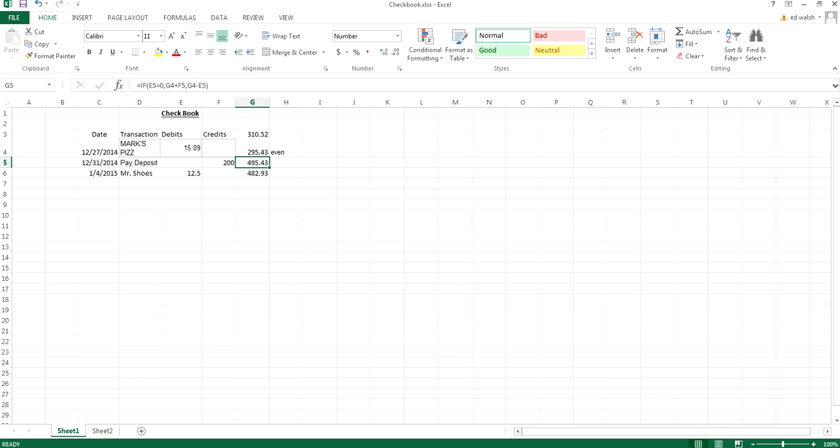So let me just go through that. For example, here we got a deposit of 200, so we added it to the 295.43 here, and we get 495.43. We have a debit here of $12.50, so it's subtracted from 495.43 to get you to 482.93. Let's add another transaction. We'll say 1